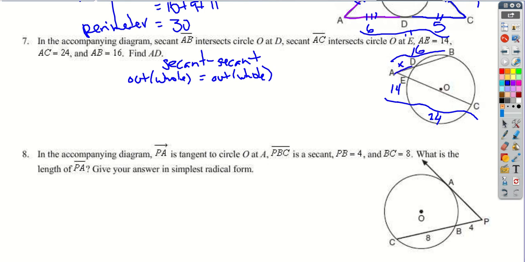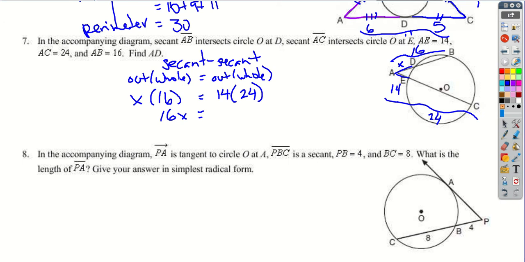All right, so the two outside pieces are going to be AD and AE. They're not equal because they're not tangent lines, okay? So just be aware. So we'll go with the first line, we'll go from the top. The outside is X, the whole is 16, and the outside is 14, and the whole is 24. So we'll just combine like terms. 16X is going to equal